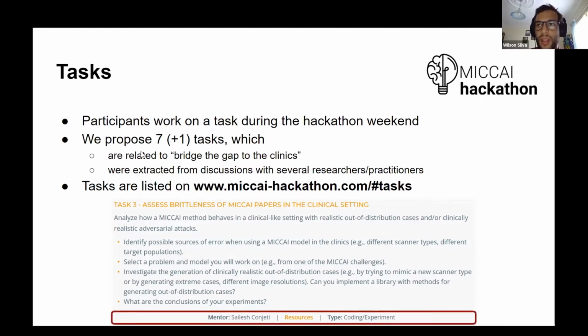Associated with each task, there is also a mentor to guide you in the process and resources that we have already collected for you, and also categorization of the type of task. So discussion, coding, or experiment. Note that not all tasks have the final resources or do have a mentor.